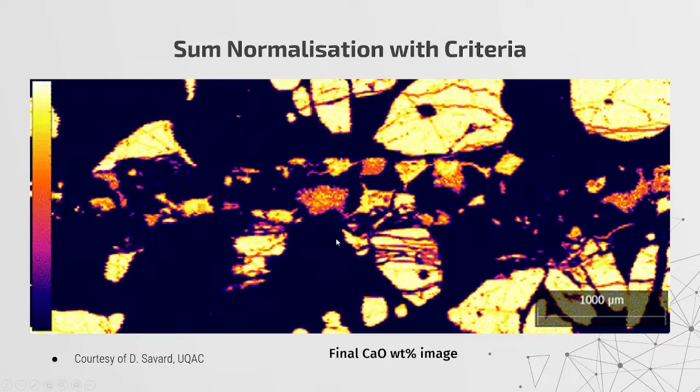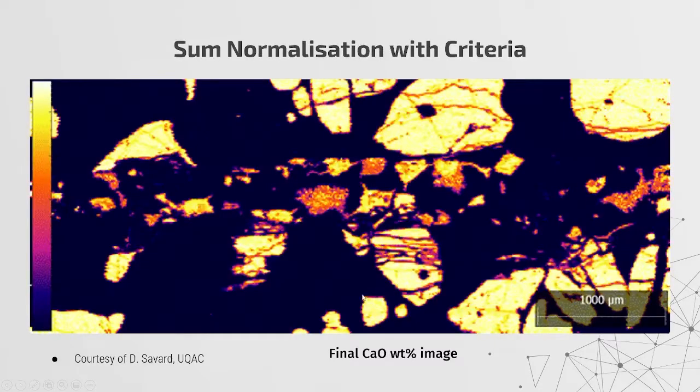And it's a little bit hard to test this sum normalization approach because we don't have reference materials that have different criteria, different phases all mixed in with one another. But we can use this, comparing the results that we get with stoichiometry, to see how well our sum normalization works. And in this case, it seems to have worked really well. So we thank Danny for helping us out with that,